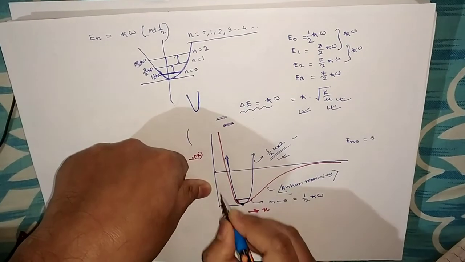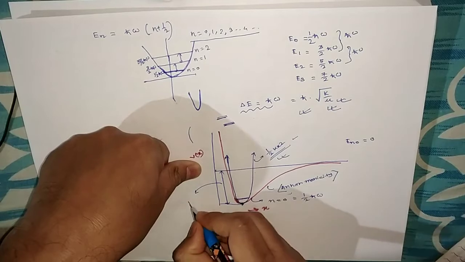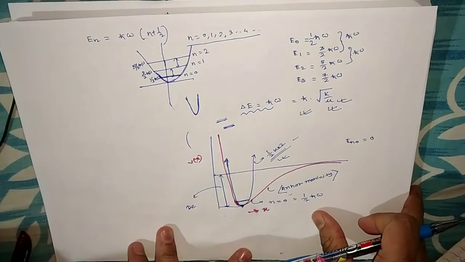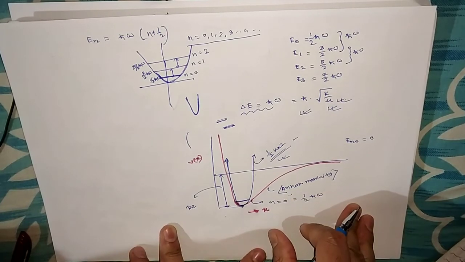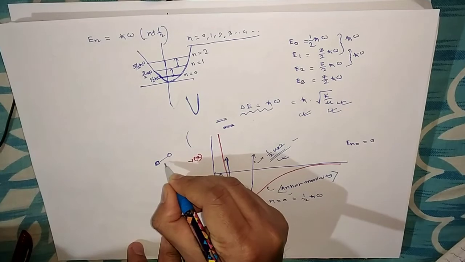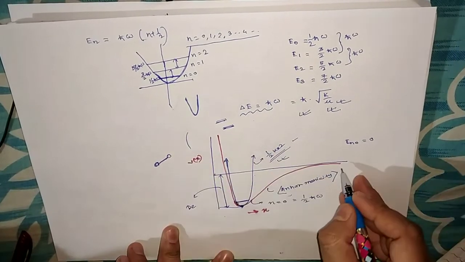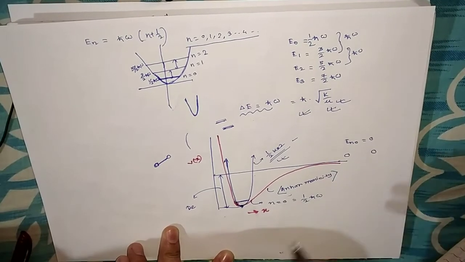Now you can see that this D E, I have already told you, is the dissociation energy, or the bond dissociation energy. So this much energy is needed to dissociate the bond between the two atoms. If we supply this much energy, then the bond between the two atoms will be dissociated and the two atoms become separate. In this region the two atoms become separate.